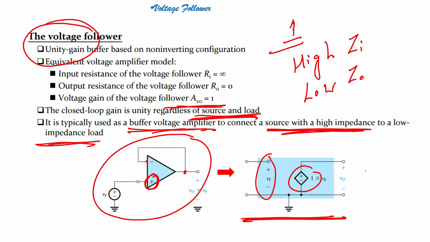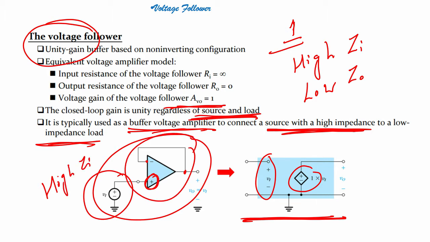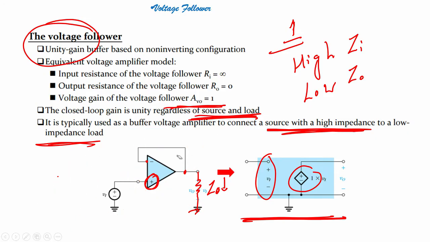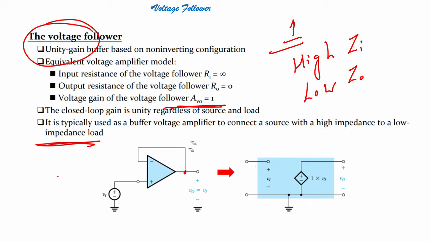That means it can be connected to a source, suppose the source is this one, which has extremely high input impedance. Then we can connect the unity gain amplifier, and the load would have extremely low output impedance, a low impedance load. Then we can connect the unity gain amplifier. Unity gain amplifier is also used as a last stage of most amplifying circuits, because it is a voltage follower, and it can be connected to any load